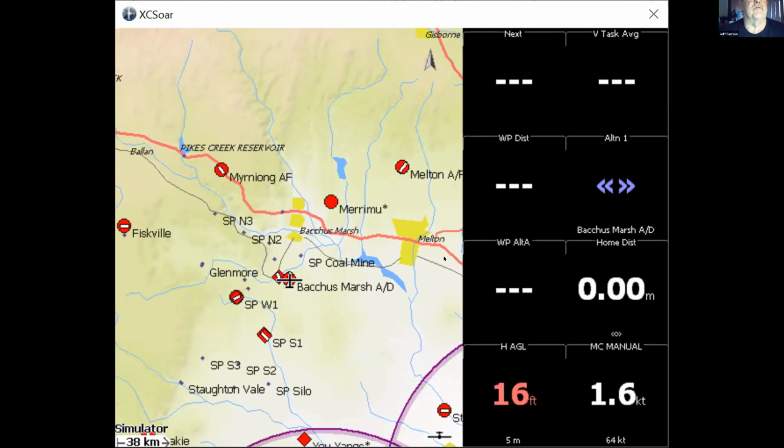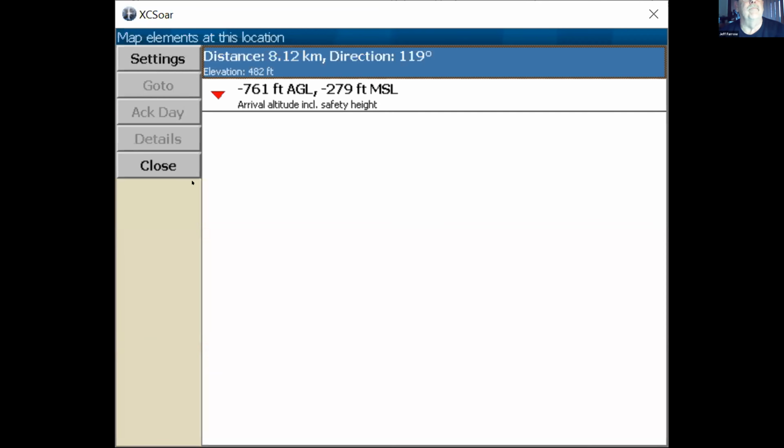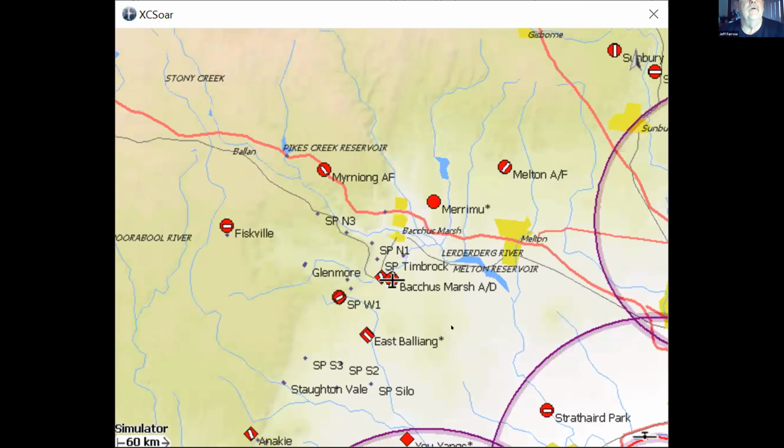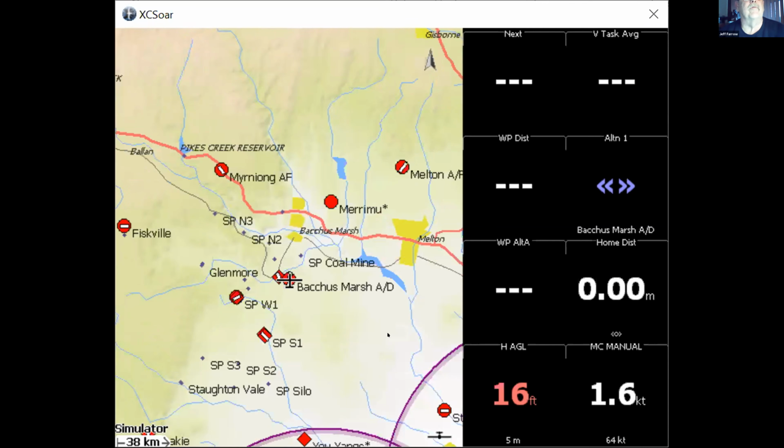With the various screens, as you're in various modes of flight, this is the cruise screen. You can see down at the bottom right hand of the map, there's a flat little silhouette of a glider. That tells us that we're in the cruise screen.